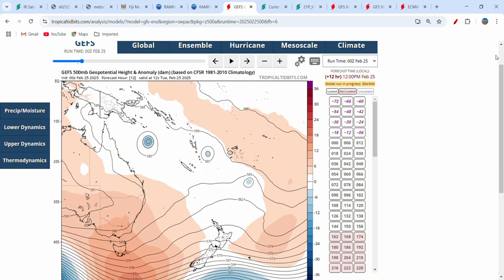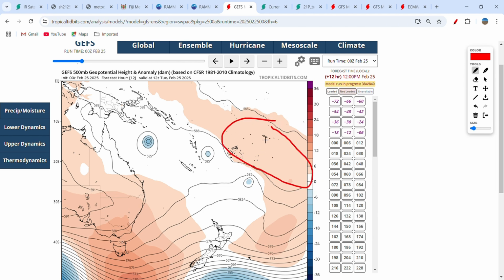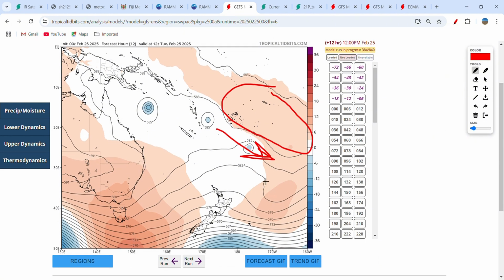So we saw the JTWC mention that ridging to the east-southeast. I think this is the kind of ridging that they're on about. And yeah, absolutely, that will steer it there. But we've also probably got influence by what's left of Tropical Cyclone Ray. That will also be following the upper trough, the deep layer trough, that's going to